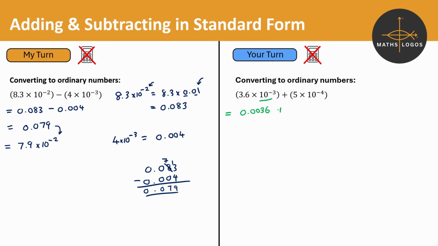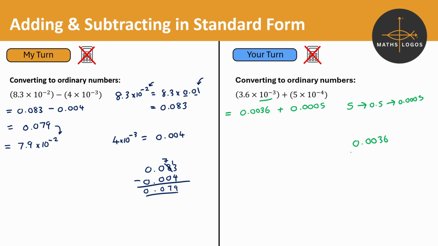Okay, and then we're adding on 5 multiplied by 10 to the negative 4. So same idea again, I've got 5, I need to shift it 4 place value columns to the right. I always go to 0.5, that's 1 place value column. I then need to go another 3, so I add in 3 zeros. And that's what my answer would be, 0.0005. Then go ahead and set up your column addition and add these together,